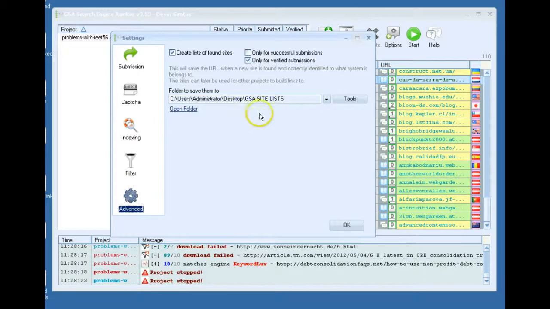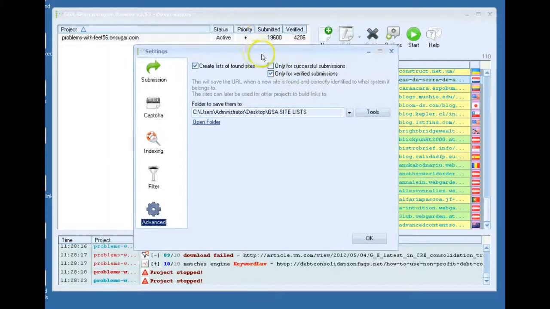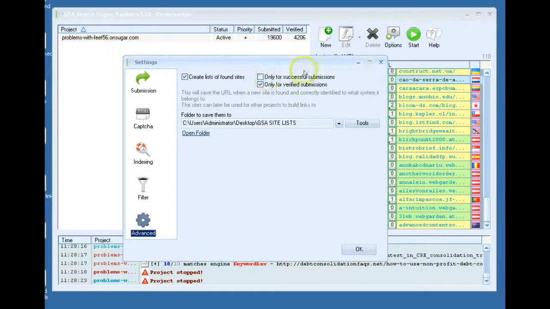And the last feature is actually the newest one, and it allows you to create master link lists. Basically what it does is it automatically saves your verified links. You can either choose to save your verified submissions or your successful submissions, and it puts them in a folder you choose, and it sorts them for you. So basically this project here is mainly guest books and blogs that I've had running, and I have it saved here to my GSA site list, and I have it saving only the verified submissions, so it's only saving these here. If I open the folder where it's saved to,